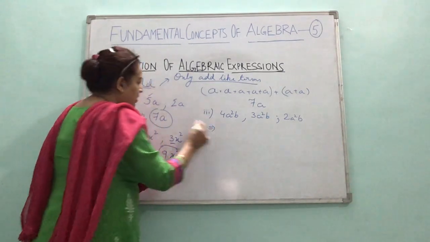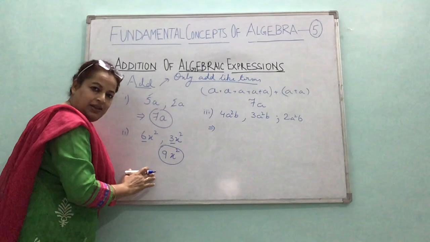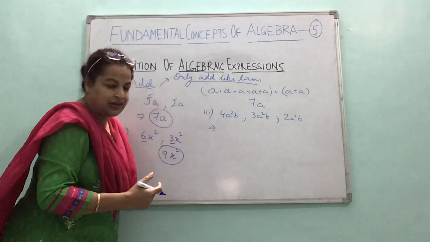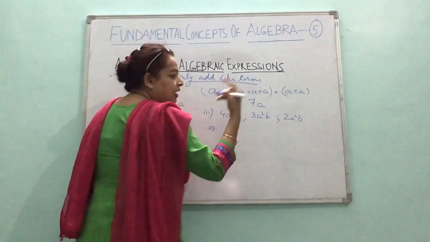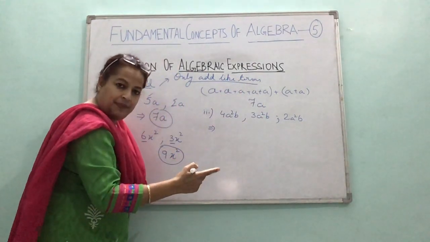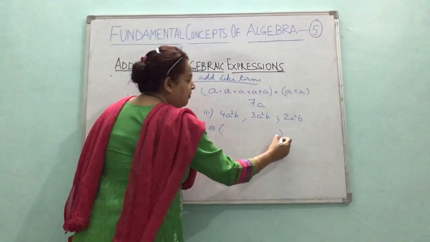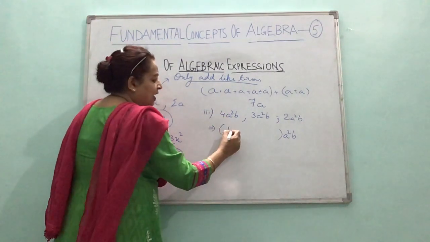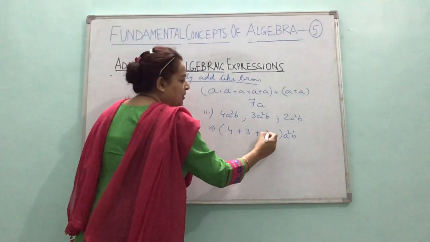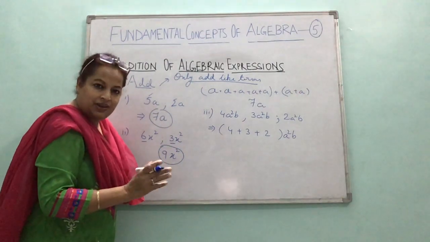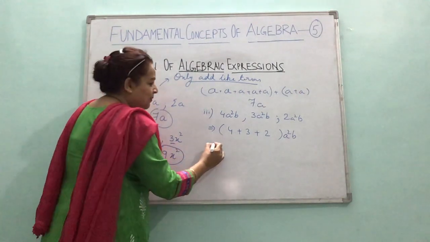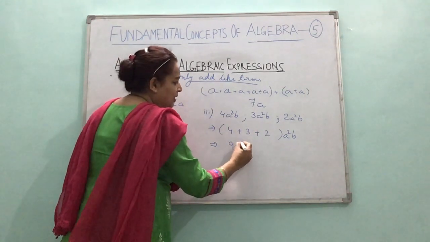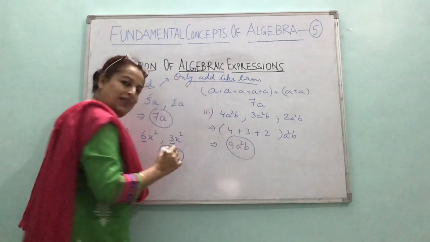Till there are 2, there would be no difficulty. You can easily do it. Maybe when there are 3 or more, you may have some difficulty. Since all are like terms, we know finally in the sum, the literal part would be what? A square b only, right? Now I can add 4 plus 3 plus 2, so that you will not have any difficulty. So 4 plus 3 is 7, plus 2 is 9a square b. Right children? This is one option.